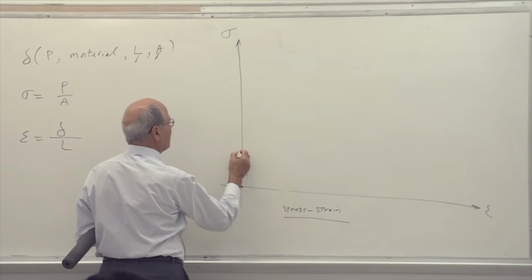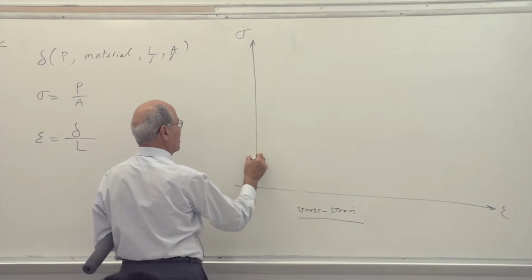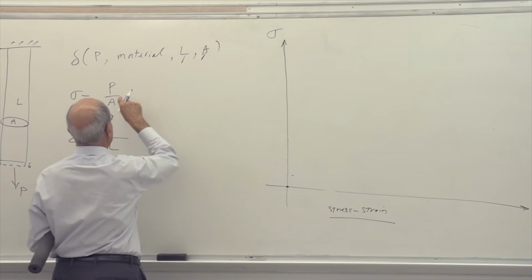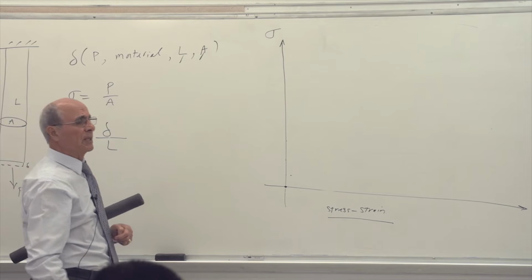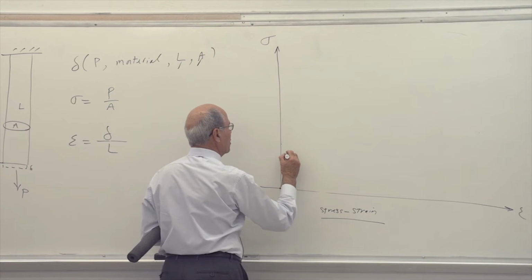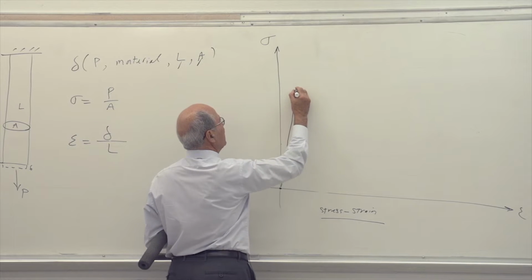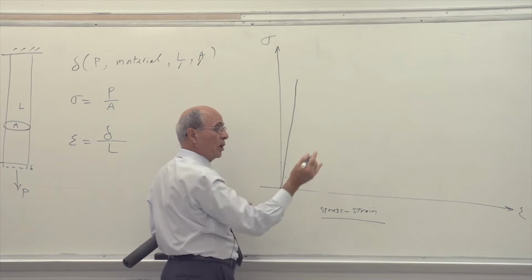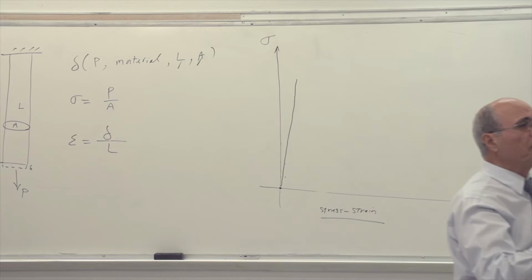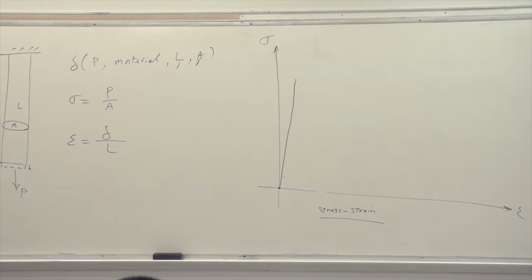Then I'm going to increase the load. I'm going to go to this point, this point, this point, and I'm calculating sigma. When I have the P, I have the A, I can calculate sigma. As I increase this, I will see that this is going to be a line. Actually, it happened that all these points, this is by testing, it's not the result. When you do this testing, all the points will fall on a straight line,